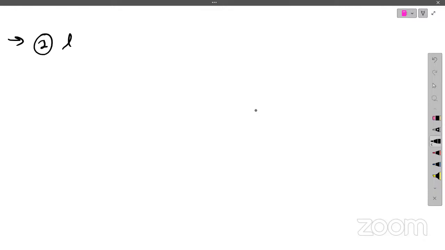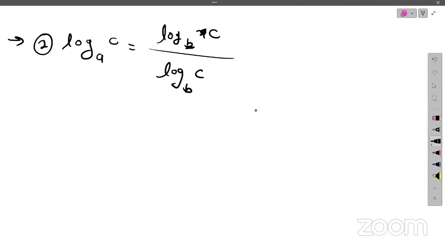There is one property of log which says that log base a of some value c is equal to log base b of c upon log base b of a. So here there is one single base, and you can convert the base a into base b using this formula. So you have to apply this property there, to first uniformly convert the bases, and then